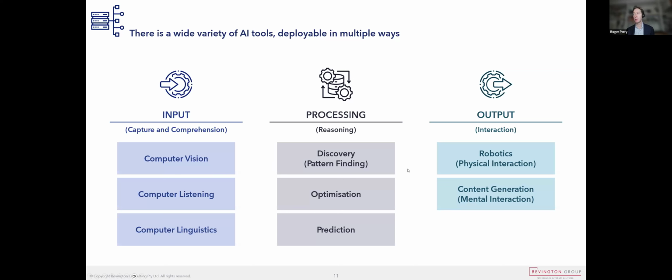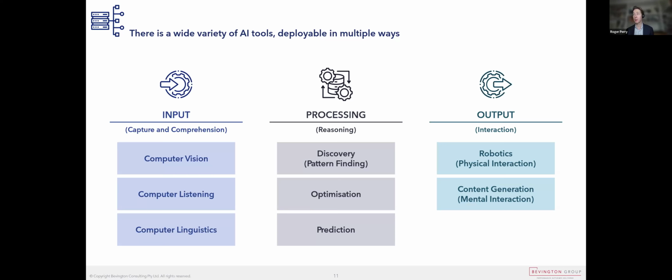And bear in mind that robotics increasingly use artificial intelligence, so that's physical interaction. And for Australia in particular, robotics is interesting because it has the potential to allow us to build our manufacturing base in a cost competitive way, which has been challenging for us for the past few decades. So one of the reasons you need to think strategically is because you've got choices to make.